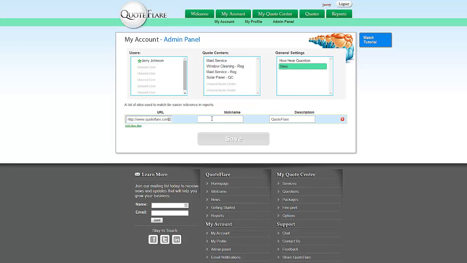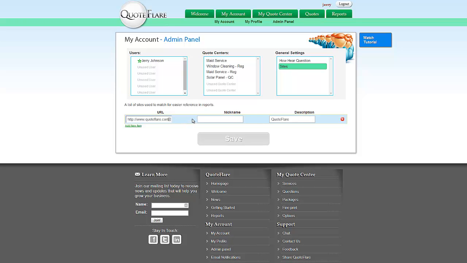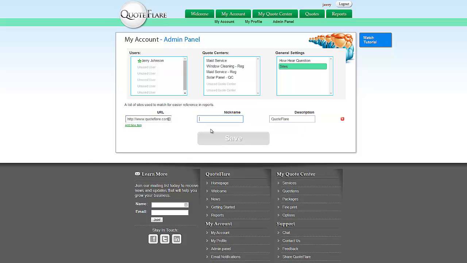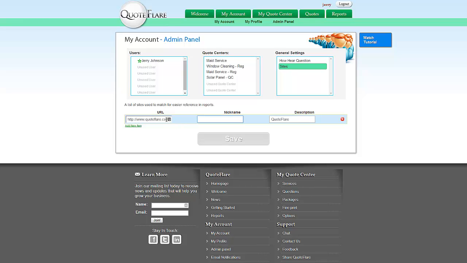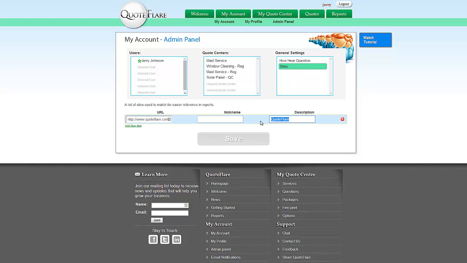For the sites, for reporting this, if you have various sites or pages or URLs really that your quote center shows up on, you can give it a nickname. So you could have main site, other site, other site. And that way, instead of seeing a long URL in your reports, you'll see the name of the quote center. And the description is